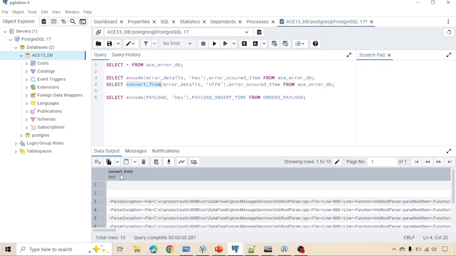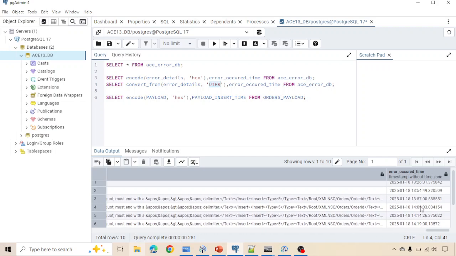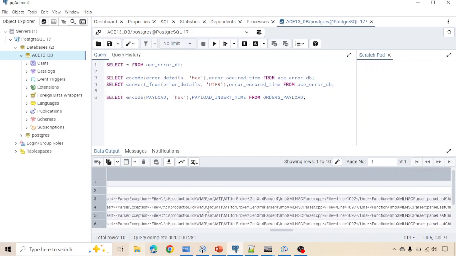So with the help of convert from, we are converting the column that is in binary form directly to UTF-8, which is basically a text format. Now you can see we are able to read all this in text format, right? And we are seeing the second column, when it is inserted. So I am going to show you how, by inserting the data into the column, I will show you both cases: first when I will be inserting the payload, and second